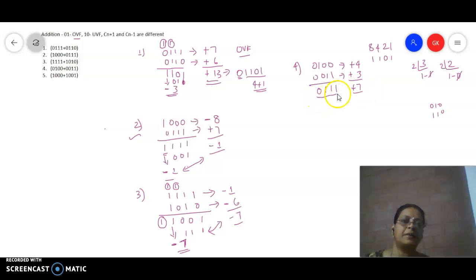And how will you interpret this answer? 0 is a positive number, and here it is 111, which is 7. So both the answers are right. Okay. So the manual workout and this binary addition are giving the same answer. So this is also giving the correct result. So I think here also you will be getting the correct answer. So not an issue. Then we will just see the fifth problem.